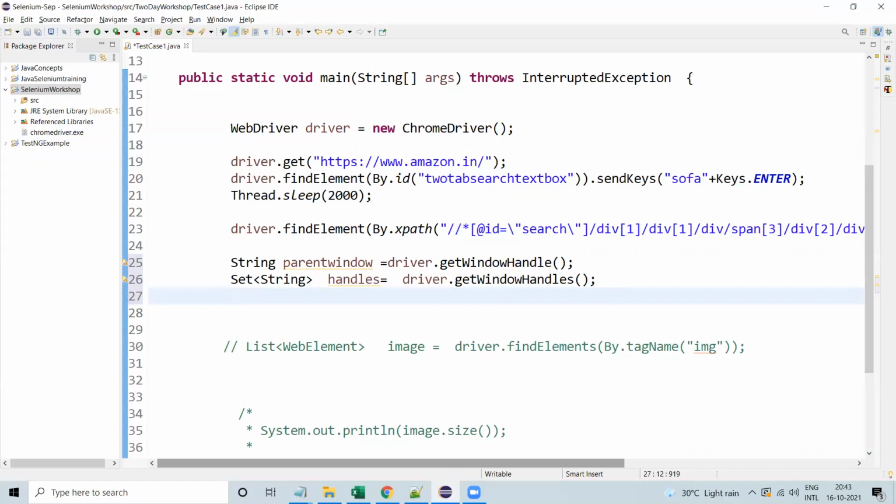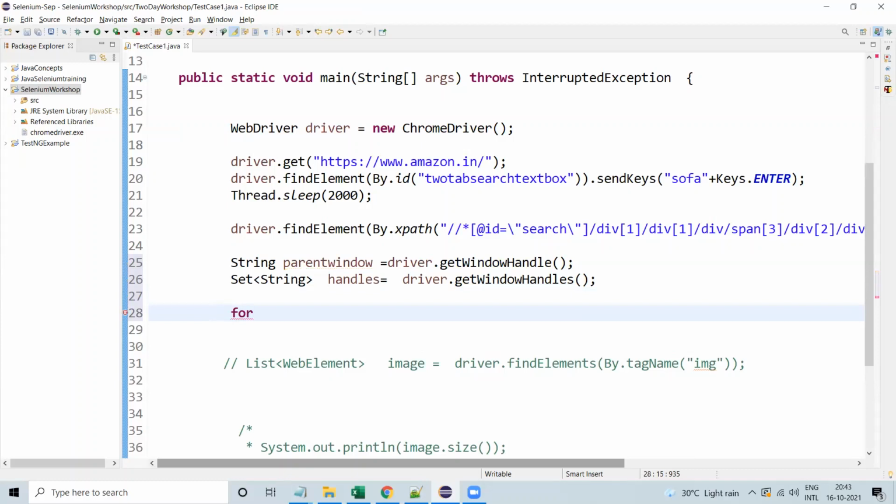So for loop, String windowHandle, simply adding it like this, then handles, that is this one. This is the new window handle we are declaring right now, so you can add one variable over here like this.